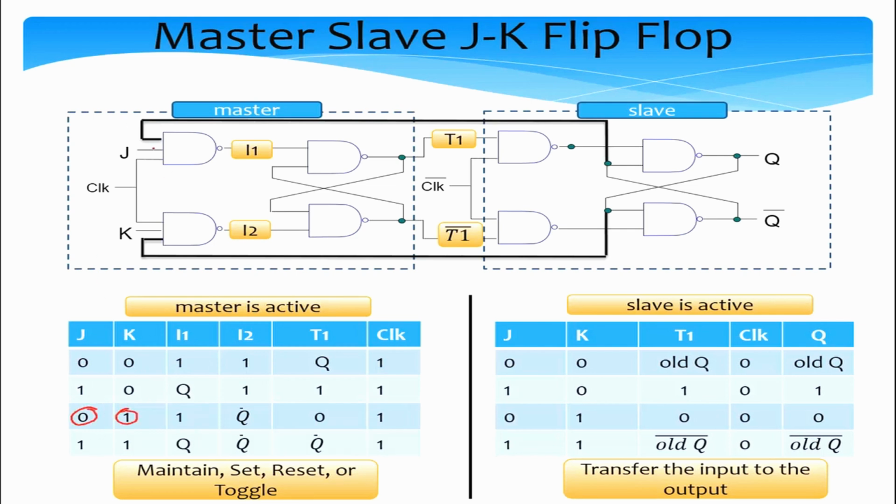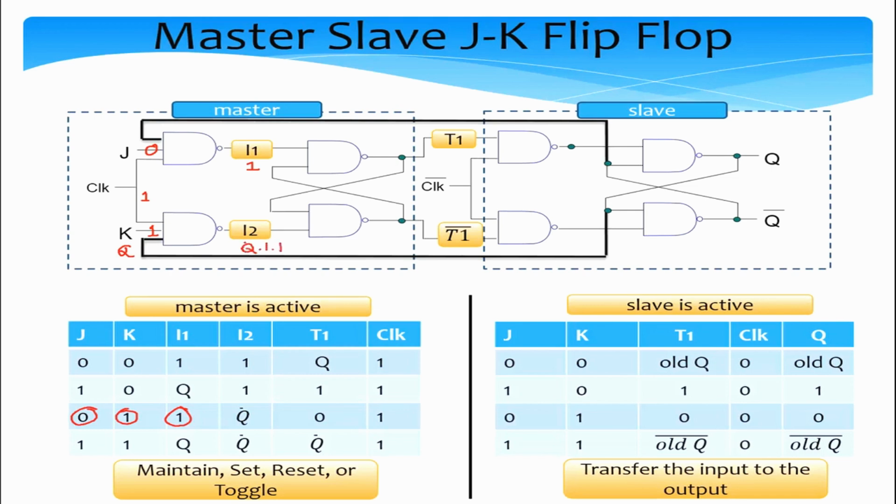If J is equal to 0 and K is equal to 1, this allows us to nicely set the value of I1 to be equal to 1. Right, so this case is covered. What is then not covered is the value of I2. Since the clock is equal to 1 and we are getting Q over here, the value of I2 is Q